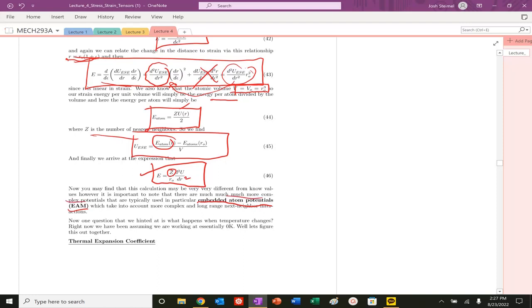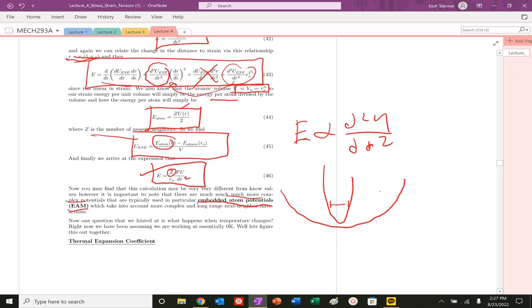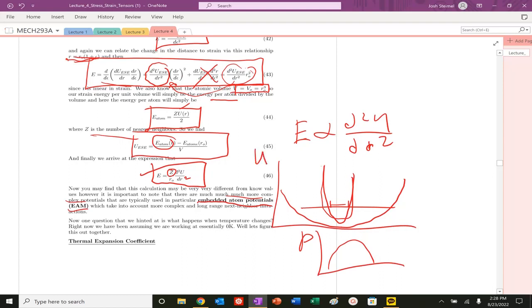But this is our expression, and what does this tell us? It's telling us that our Young's modulus, our stiffness, is proportional to the second derivative of u with respect to r squared, which is the curvature. If our well is like this, that is a more compliant material. Whenever you have an energy potential, you could flip it, and that's going to be your probability distribution. So if this is my energy, this is my probability per r. My stiffness is basically my standard deviation here. So not the width of the well, but basically the curvature of the well, that's going to give you that material property.